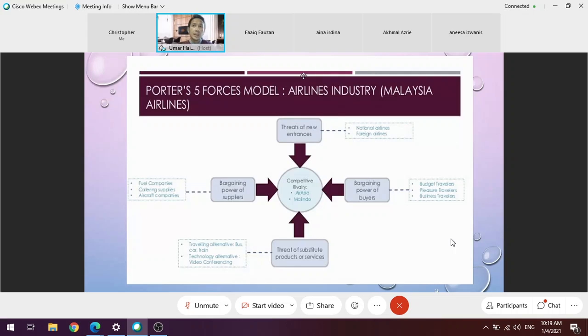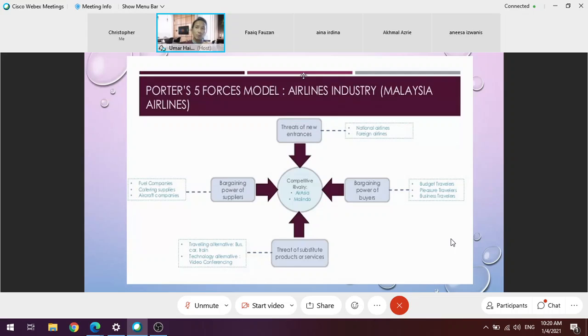Okay. So basically, they try to minimize the route to Australia, for example, because they have collaboration with Qantas, which is the national airline of Australia, and they also have collaboration, if I'm not mistaken, with Emirates. There are two airlines. Emirates. Yes, Emirates. Okay. So this is how they need to collaborate with these competitors. Okay.